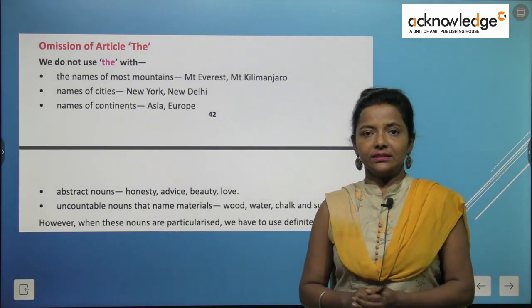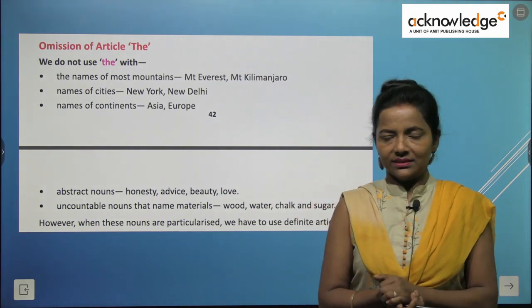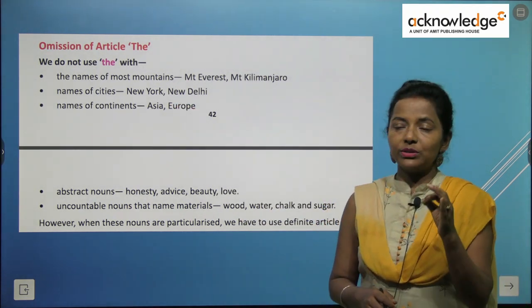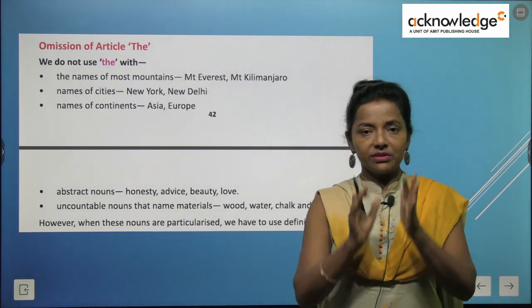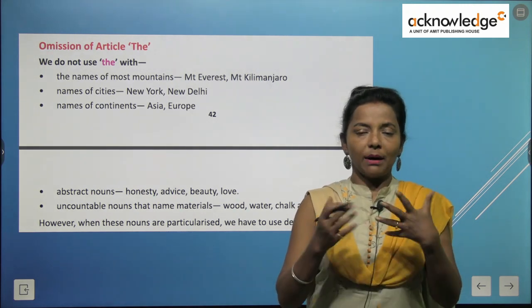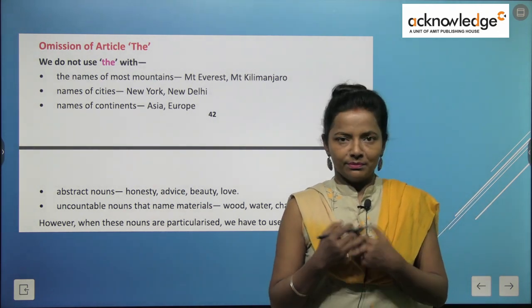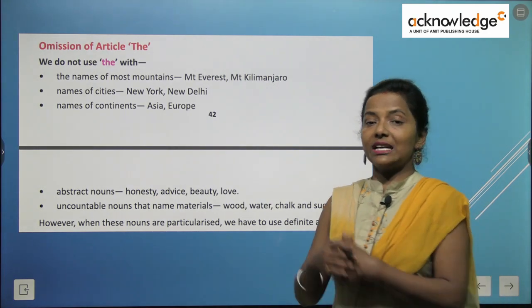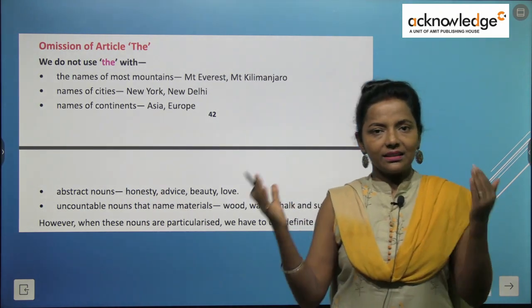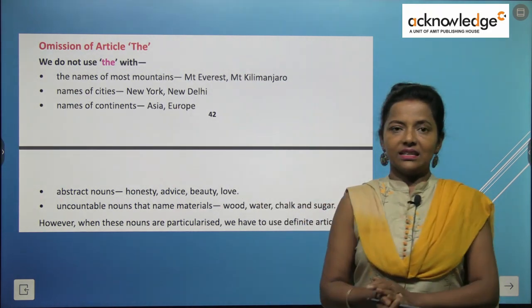So next is omission of article the. Omission means हटाना, कहाँ कहाँ the का यूज नहीं होता है। ओके, we do not use the with the names of most mountains. जिस माउंटेन का नाम हम लिखते हैं उसके साथ हम कभी भी द का यूज नहीं करते। अब माउंट एवरेस्ट बोलते हैं तो हम माउंट एवरेस्ट ही बोलते हैं, द माउंट एवरेस्ट नहीं बोलते। किलिमंजारो, माउंट किलिमंजारो। तो सिंगल माउंटेन्स जिनके हम नाम लेते हैं उनके आगे हम द का यूज नहीं करते।